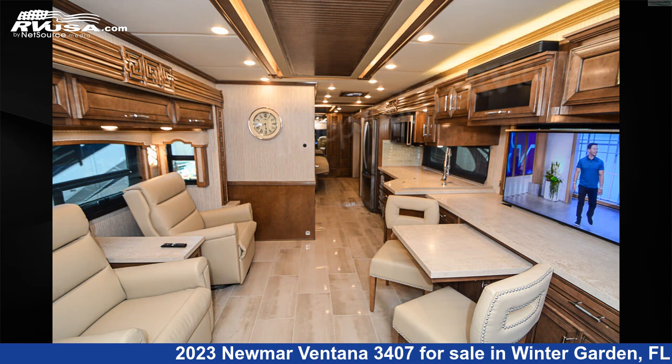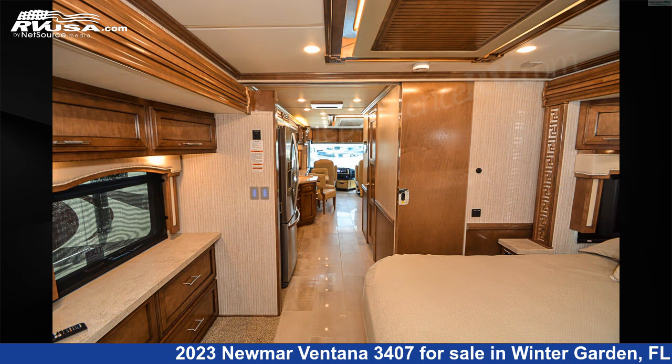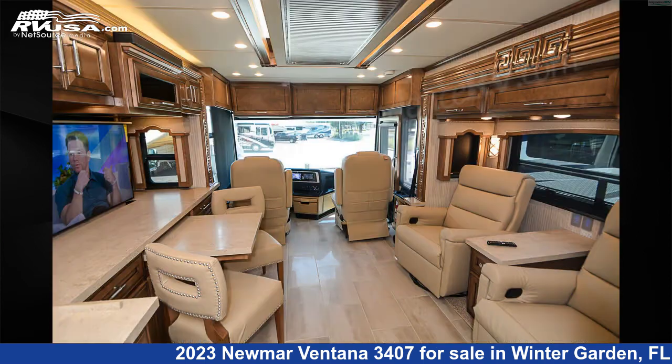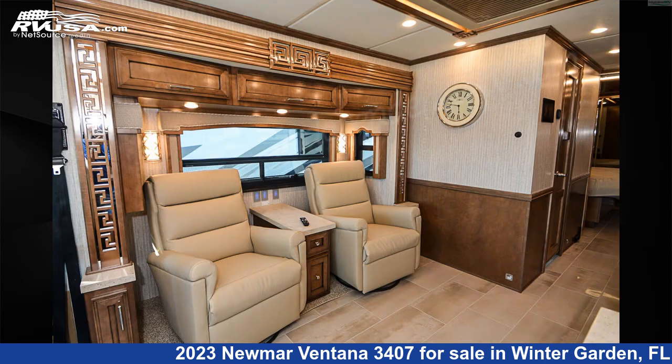This new Newmar is 34 feet 10 inches in length and features 3 slideouts, a Gotham Decor, Newport Glazed Maple interior, sleeps 2, self-contained, auxiliary battery, external shower, air conditioning, refrigerator, skylight, stovetop burner, slide-out, and 105 gallons fresh water